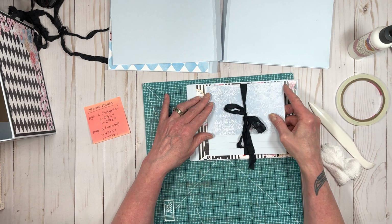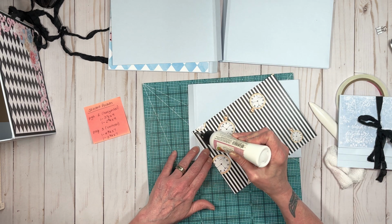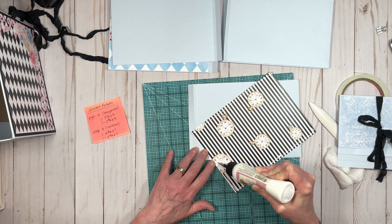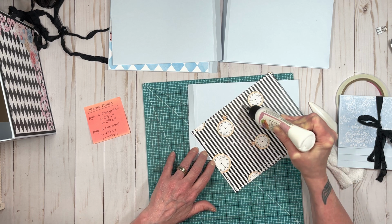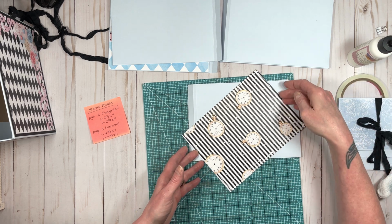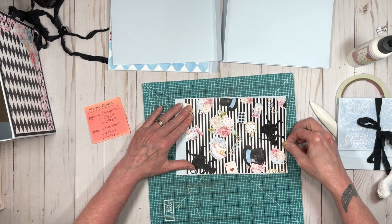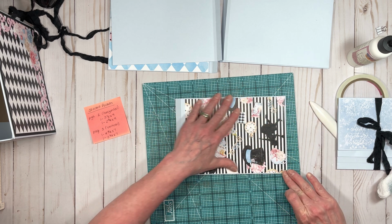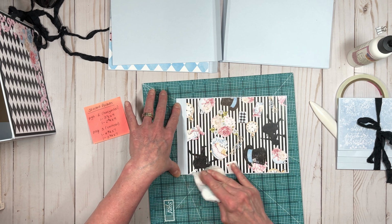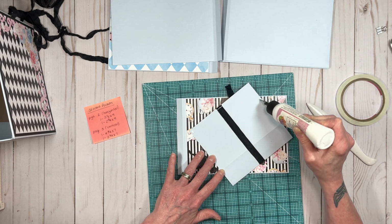I wanted to use ribbon, and so I'm going to glue the whole thing down on the page this time, just because I feel like it. Also, because this album has a lot of pockets, and especially even pockets in the pages, I just felt like gluing it down, and I wanted to not use any magnets this time. I wanted to use lots of ribbon. I just thought that this album screamed ribbon to me. So you can just glue it down. You're still going to have lots of room for pictures. Tons of room for pictures, that is for sure. Okay, so we'll glue this down, and then we'll go ahead and make the waterfall